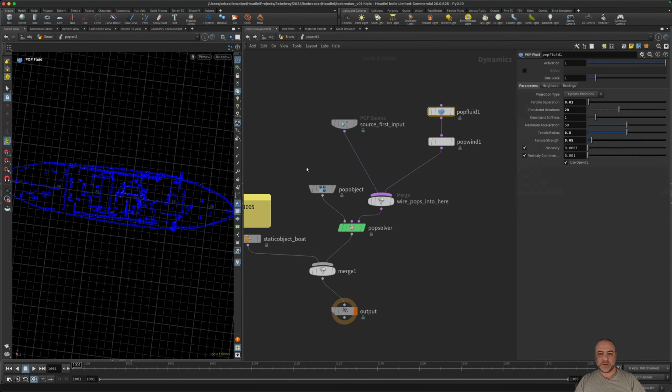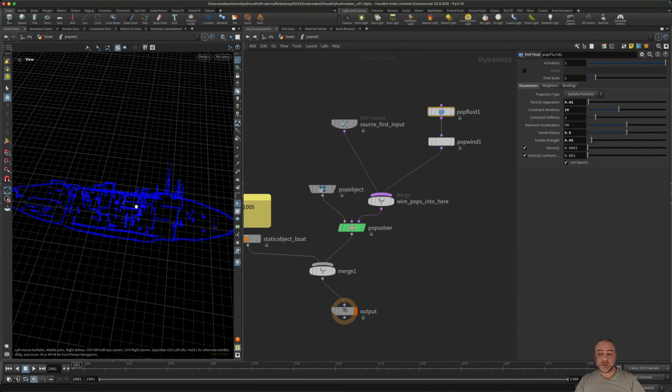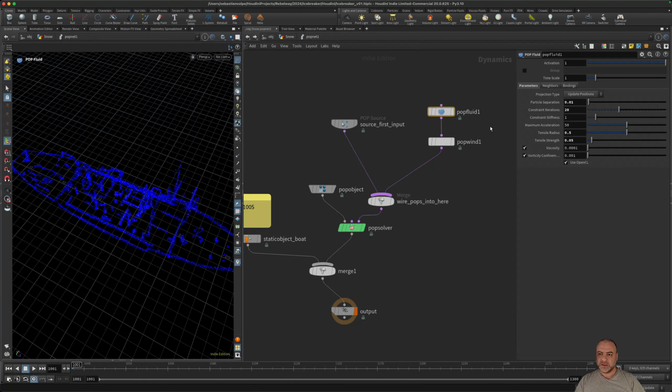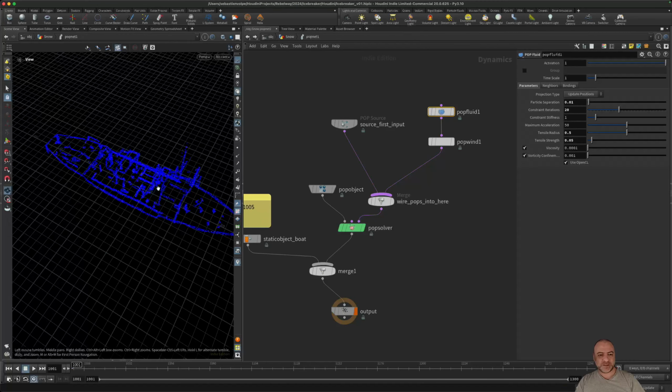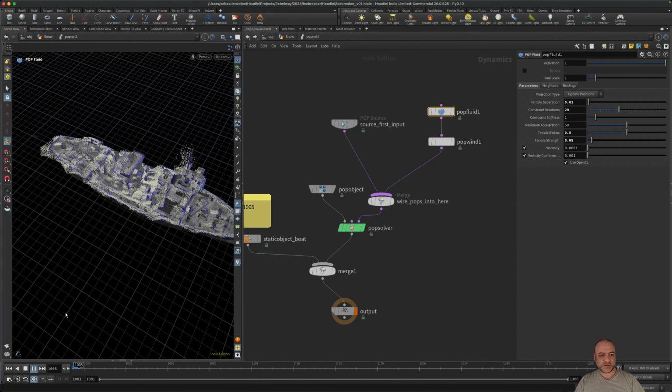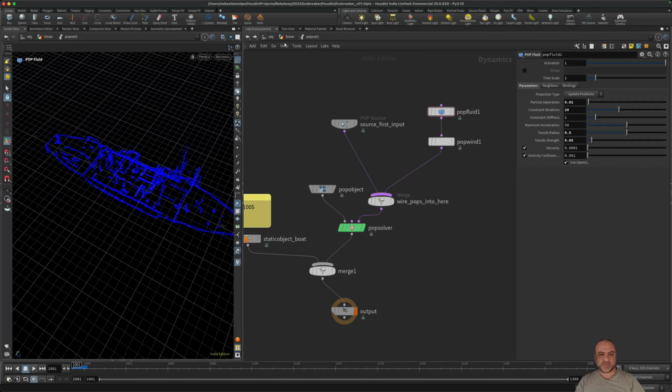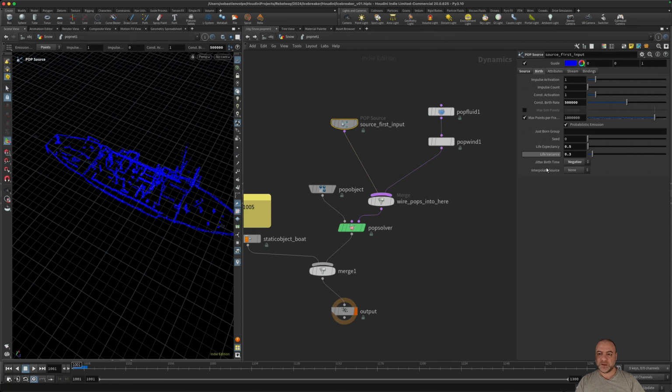And I use a pop fluid. Pop fluid is normally used for white water. I use it with this value to keep points stuck. I use jitter burst time negative.